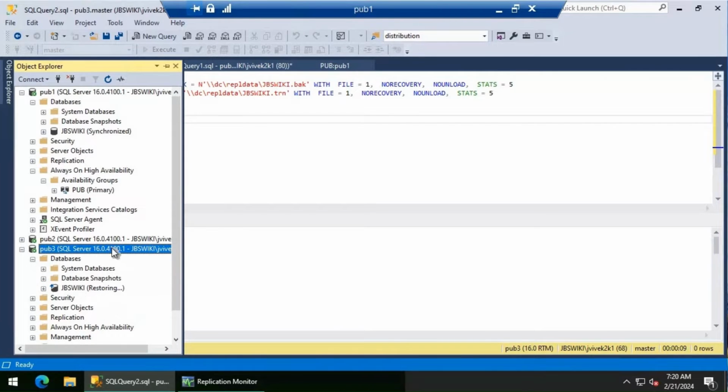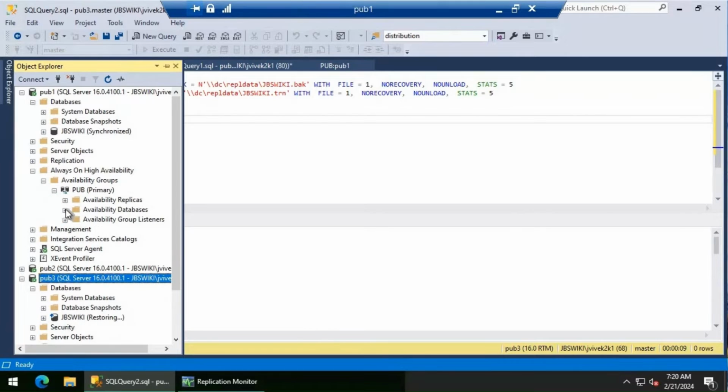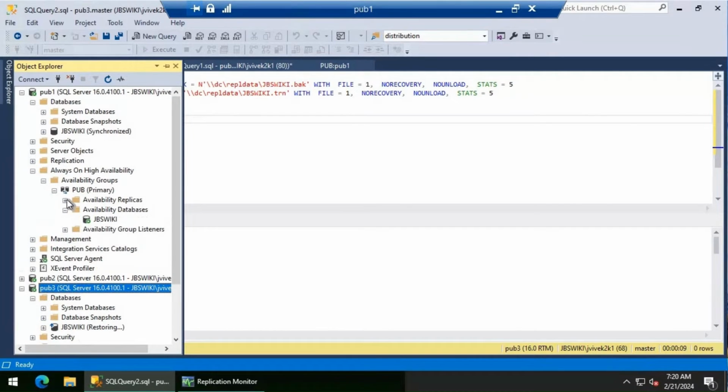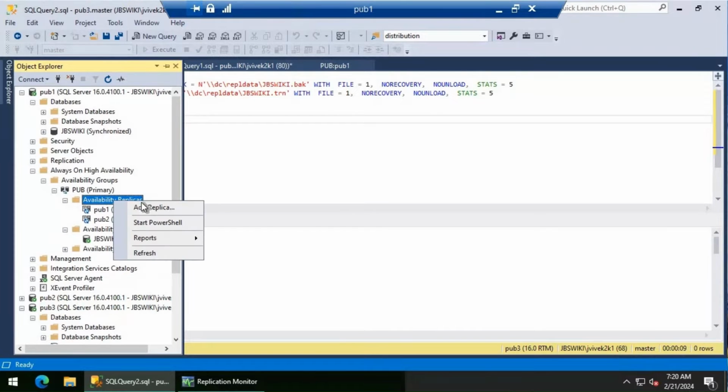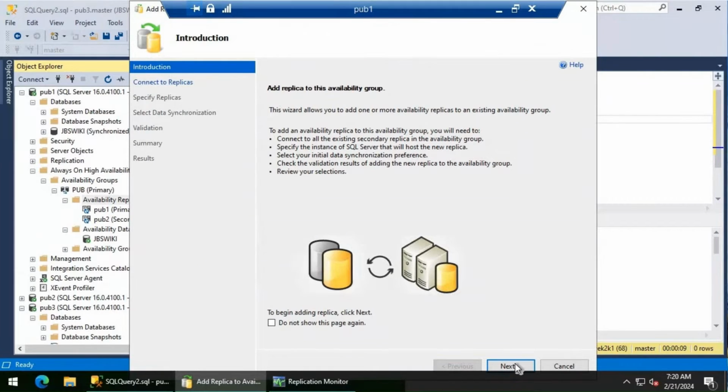So if you can see here, the database is in restoring mode. So we'll go to the primary replica again, the publisher primary replica. Let's look at the database once. JBS Wiki is all good. So now what I'm going to do, I'm going to add a replica here. Yeah. So let's click on next,